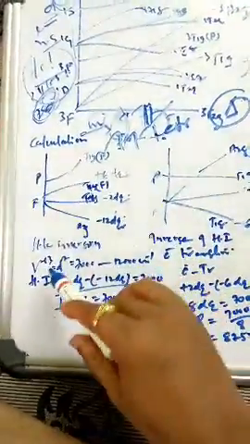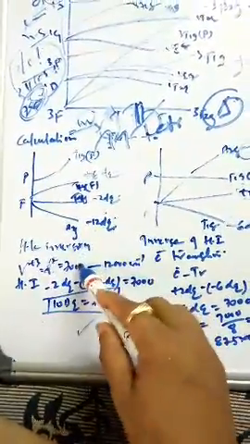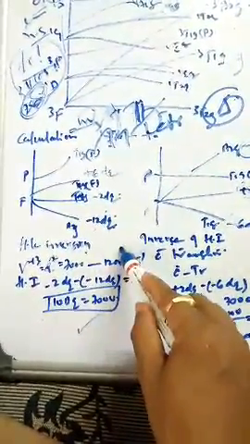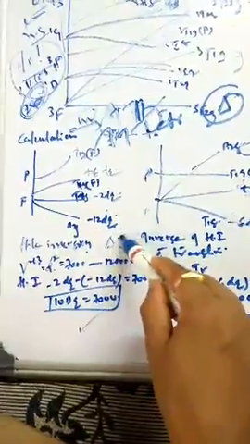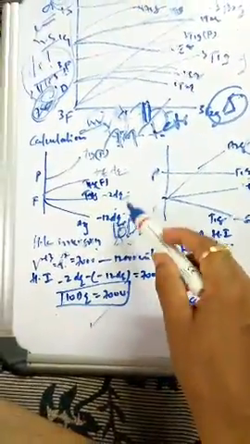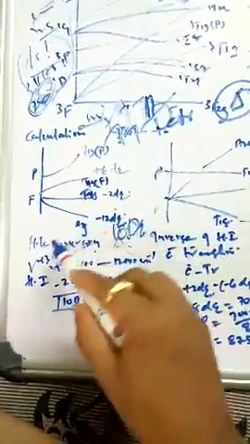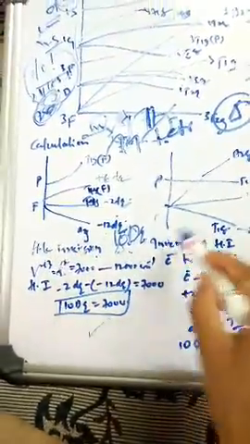Now for example, vanadium plus 3, a D2 system. They have given 7,000 per centimeter and 12,000 per centimeter. We have to calculate the delta value, the splitting, the 10 Dq value. Now you have to see whether this transition for vanadium plus 3 is taking place with the help of hole inversion or electron transition. So we will calculate it.